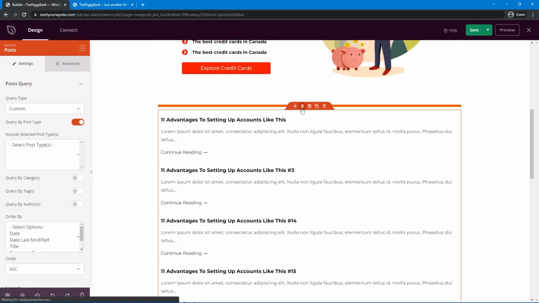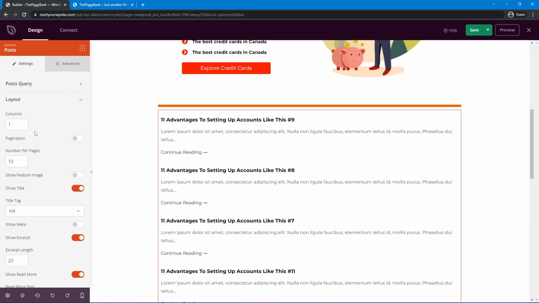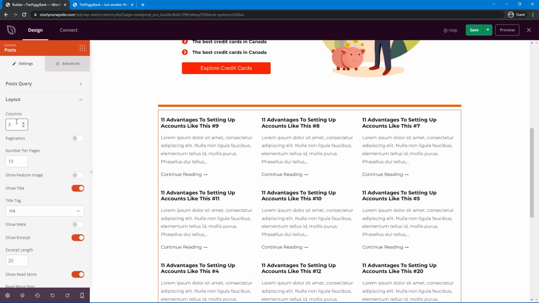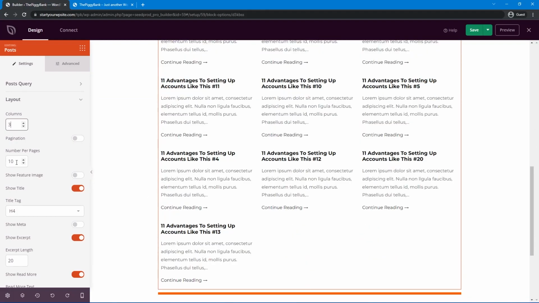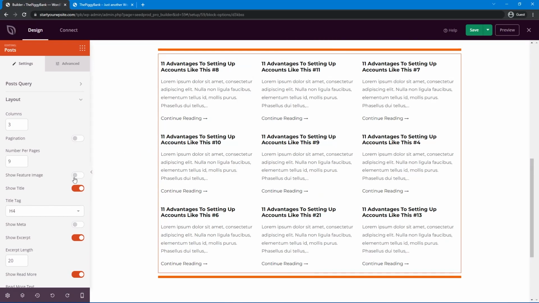Let's select the settings here. And on the left-hand side, I just want a default query here. You can select a custom or a manual if you like. And I want to do 3 wide. And you can show pagination here if you like, but we're going to have a separate blog page to do that. So I'm going to leave it off. And since we're doing 3 columns, we have an extra one here. So we just want to put this down to 9 per page. And there we go. That's all of our posts here,